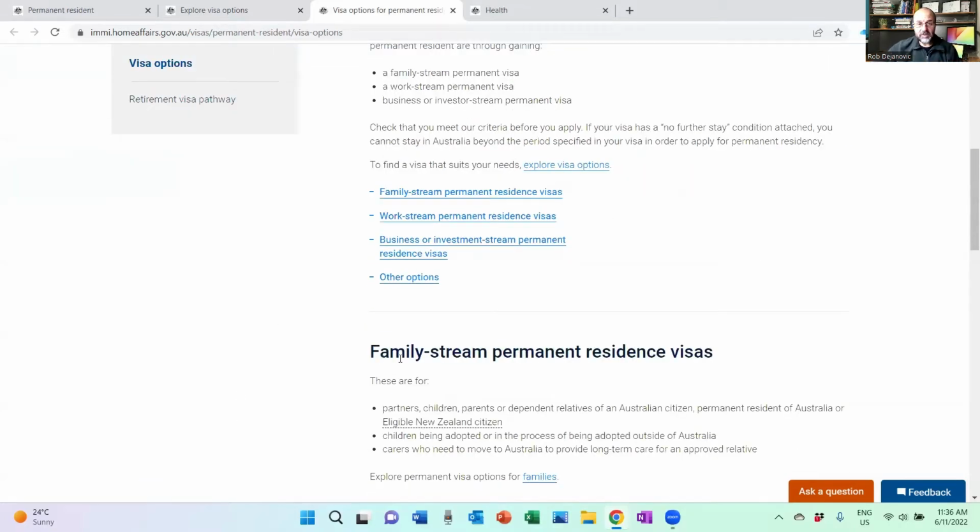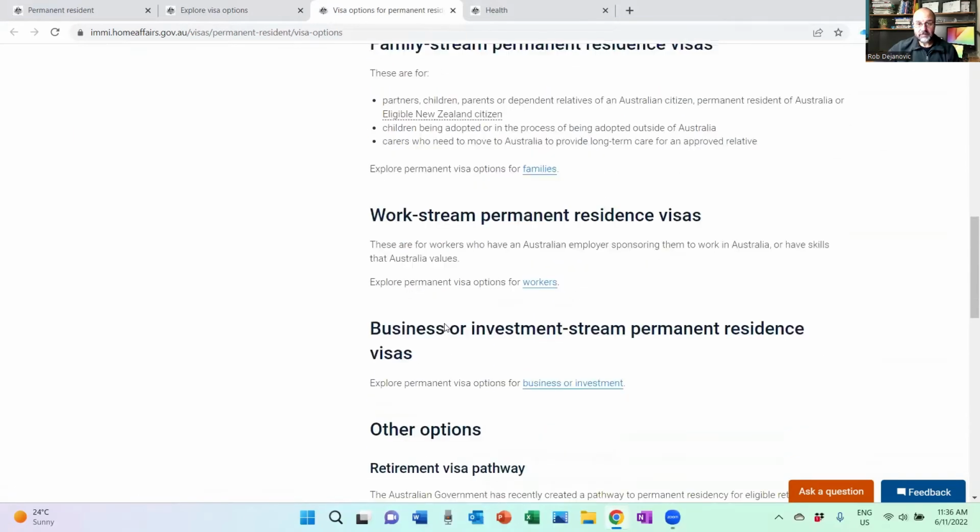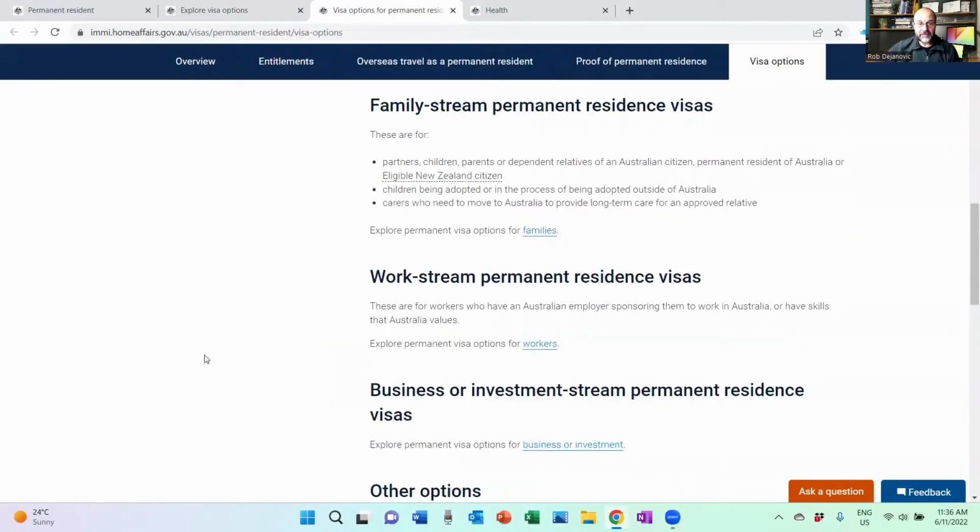And here it provides you a bit of a breakdown of each of the visas. So your family stream, your work stream, your business and innovation or investment, and other options. So when we briefly have a look at these 3 different permanent residency visas,